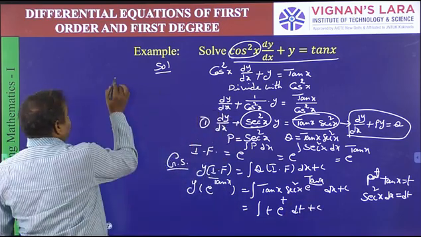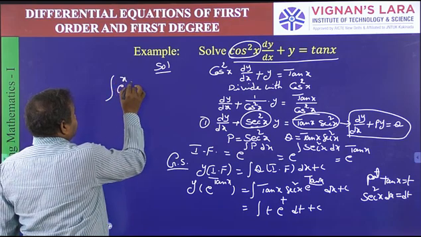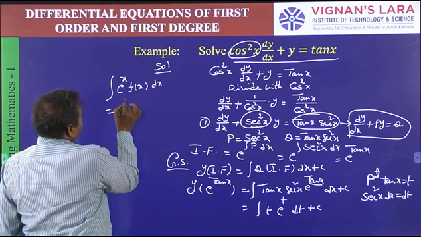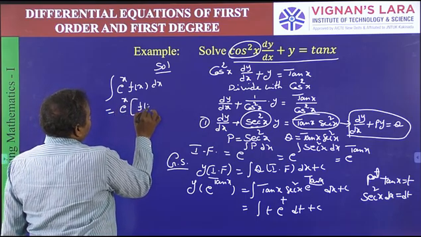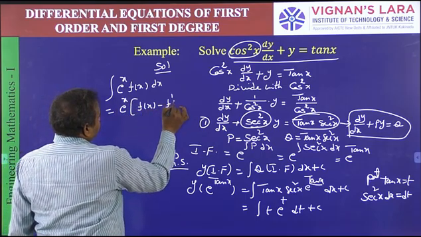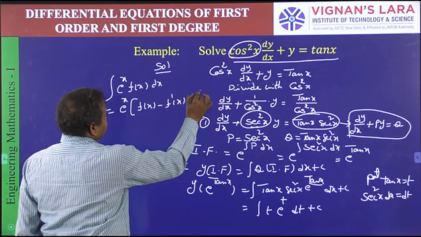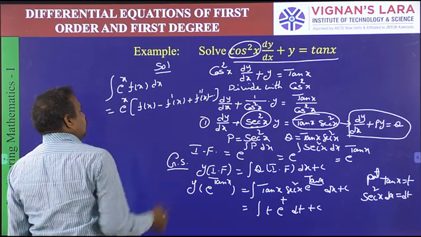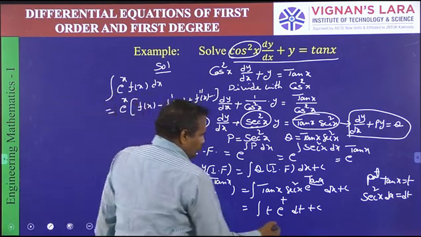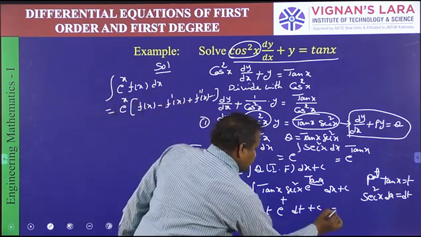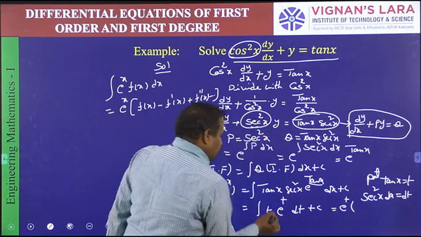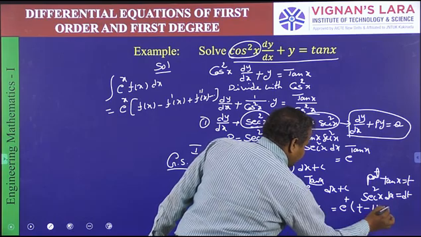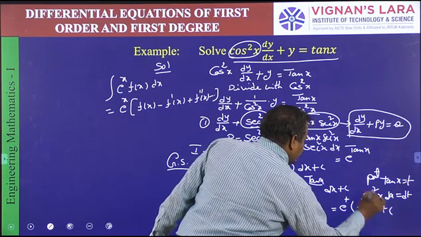Already we know the formula: the integral of e power x into f of x dx is equal to e power x into f of x minus f dash x plus f double dash x and so on, up to a constant value. We are writing this one. Using that formula, it is e power t into function value t, minus derivative of t with respect to t which is 1, next derivative 0. So plus constant,